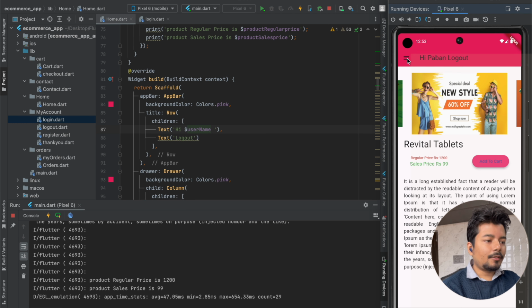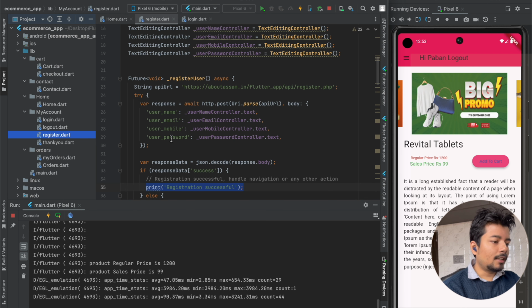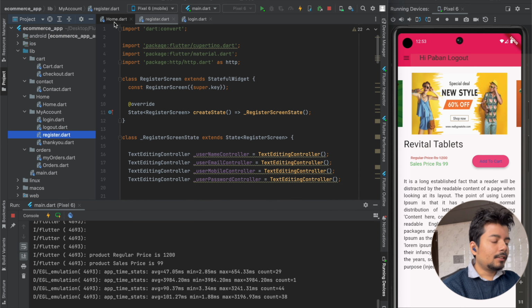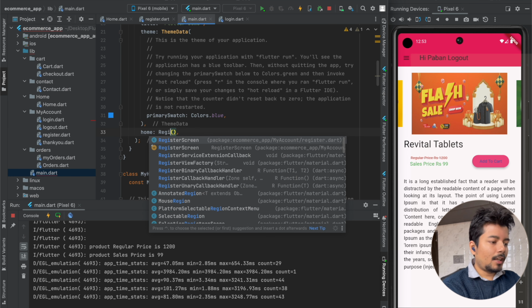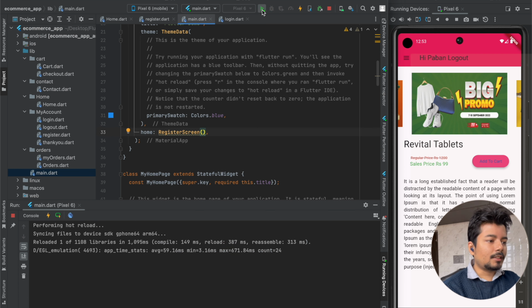and I think we have created the register screen as well. Let me check register.dart, and I will go to main function main.dart, and here I will tell my Flutter app that by default it should open the register screen,